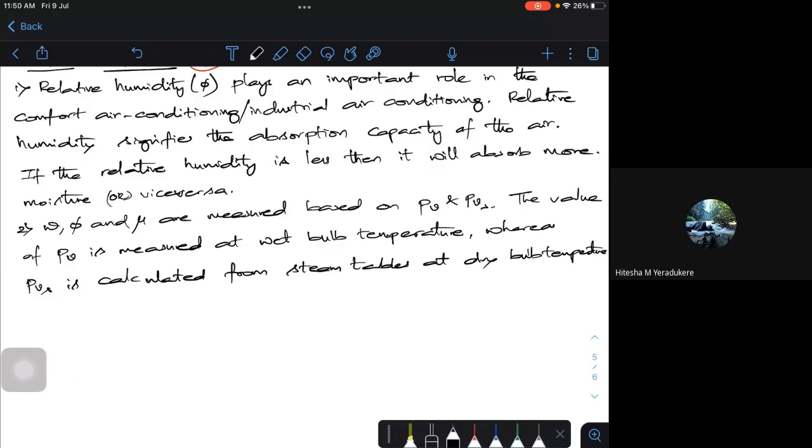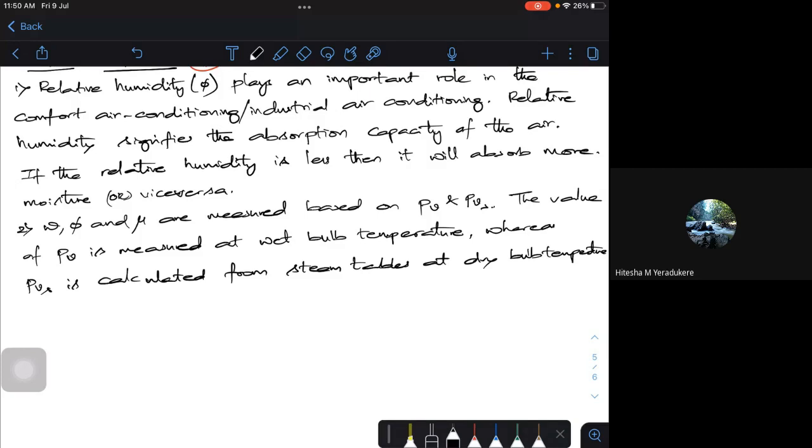Okay, now we'll move further. Now, there is something called enthalpy of moisture, or what is enthalpy? These are some of the things we studied: humidity, relative humidity, their relation. Now enthalpy. Enthalpy means the enthalpy of this particular air, which is very, very important. If I try to tell the enthalpy of the moisture, what is it actually? It is the sum of enthalpy of the dry air plus enthalpy of the water vapor in that particular dry air.